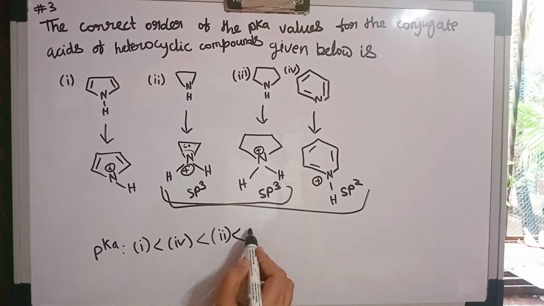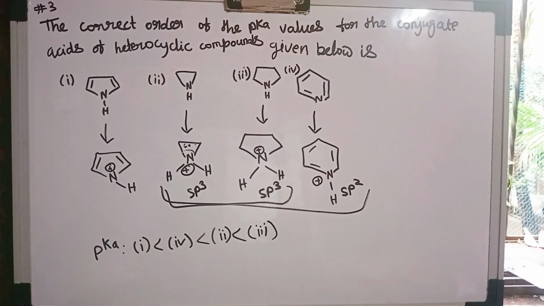Now only one is left, that is the third one. Now this is the complicated method of determining their pKa values or arranging them according to pKa values. First you have to draw their conjugate acids, and then you have to see whether the conjugate acid is stable or not. And there is one more method. It is the easier method which I follow for solving questions, because you do not have so much time for these kinds of questions, as these are usually asked for 2 marks. So you do not have so much time to waste. So there is this easy method.